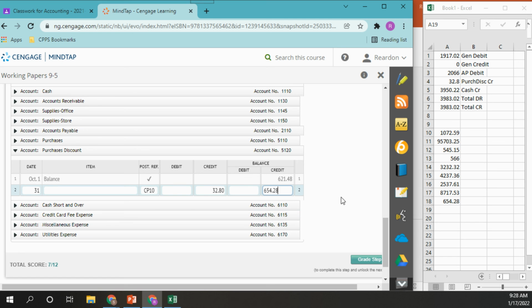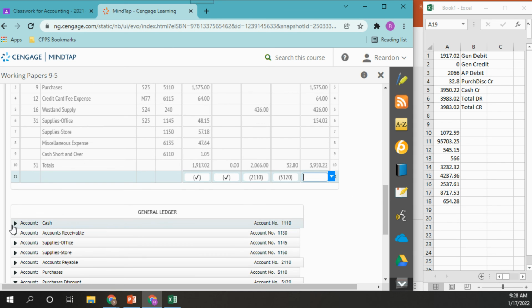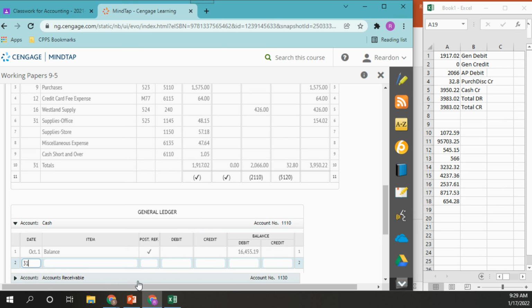All right, so account number 5120. And that's in our cost of sales. It's a contra account. It's a credit account in the cost of goods or cost of sales area in our general ledger. 5120. And of course, cash credit 3950.22. 31st, CP10, cash credit 3950.22. Previous balance